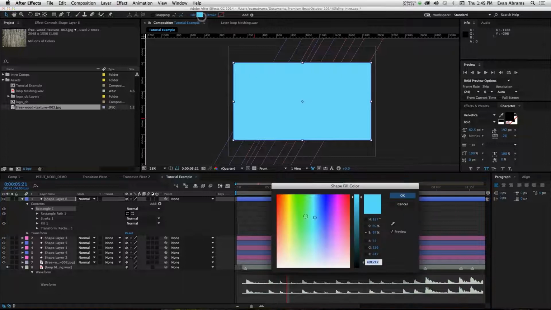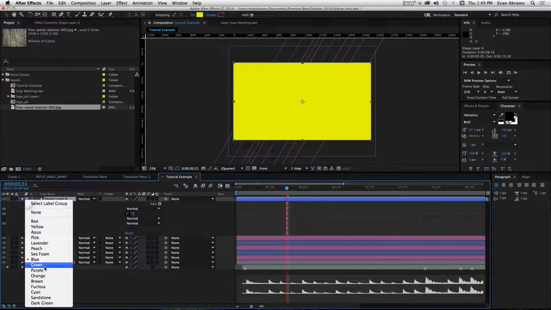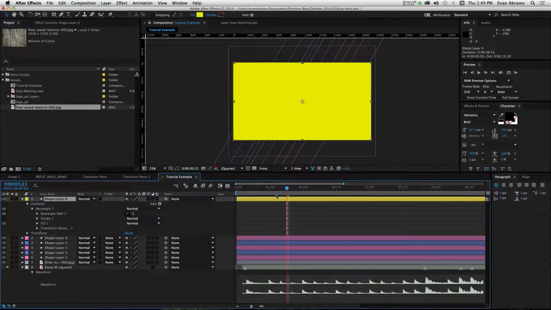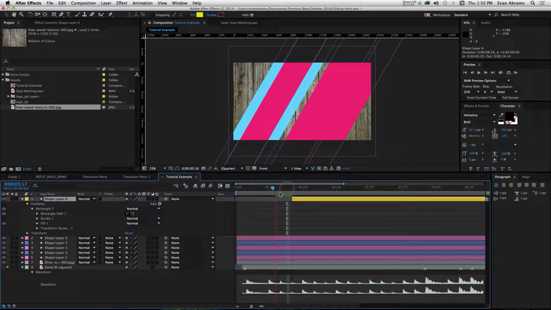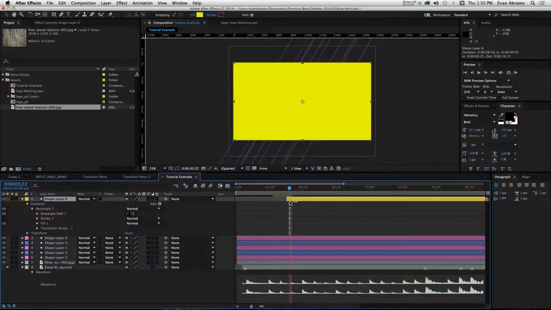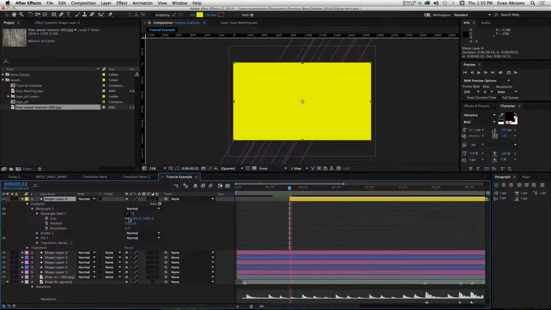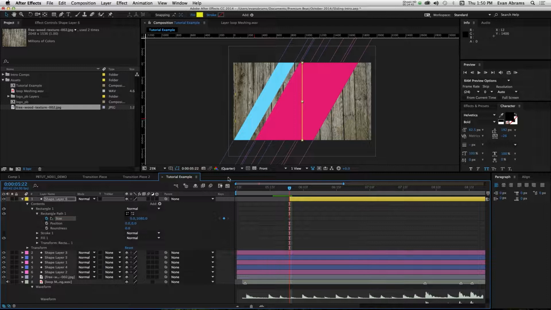We could give it a different fill color. It doesn't really matter. We could change its layer color to yellow so we can tell it apart from all the other ones. And what we're going to do is we're going to shift it along so it starts later in time. So it's going to start basically when all of this stuff is getting crazy. And what it's going to do is its rectangle is going to change from a size of 0, and it's going to change up